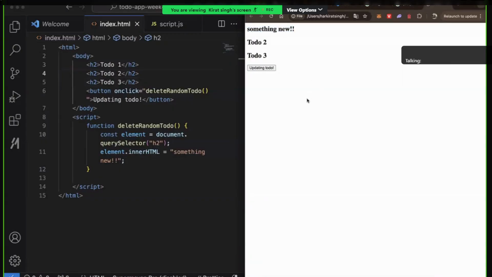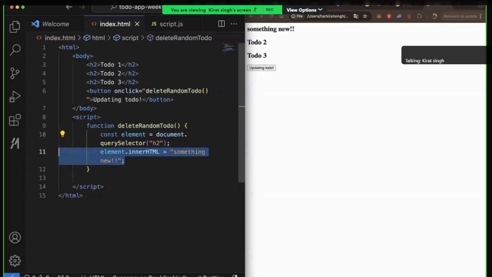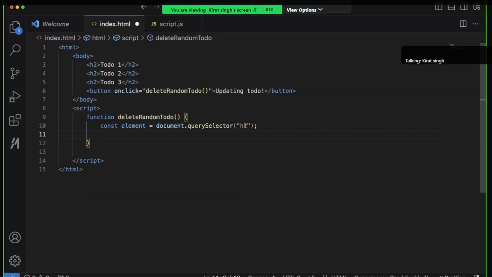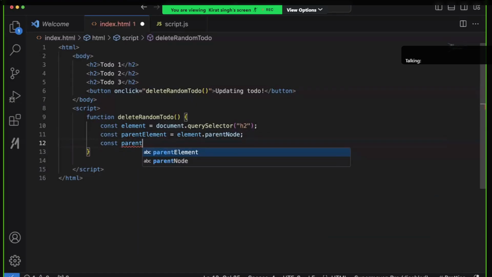What do we want to do? We want to delete it. The way to delete it is first you get the element. Let's say something like this that we already did. Get the element. Then you get the parent element. Const parent element equal to. There are two ways you can do this. You can either call element dot parent node, or you can write const parent element equal to